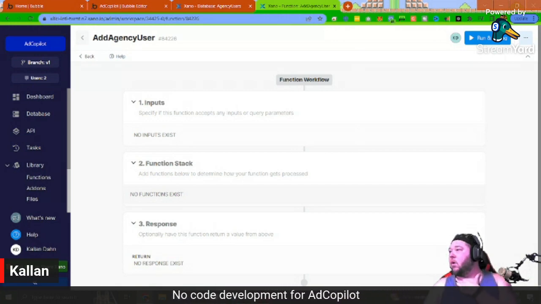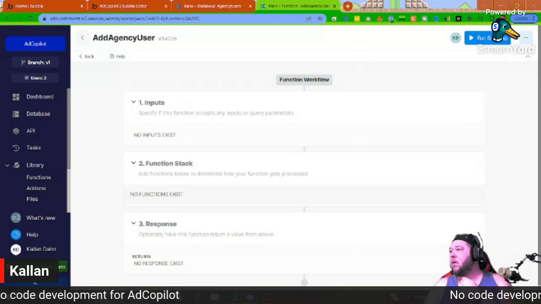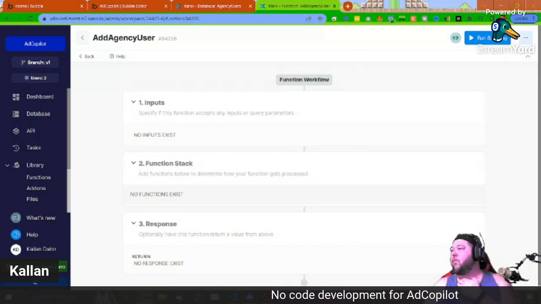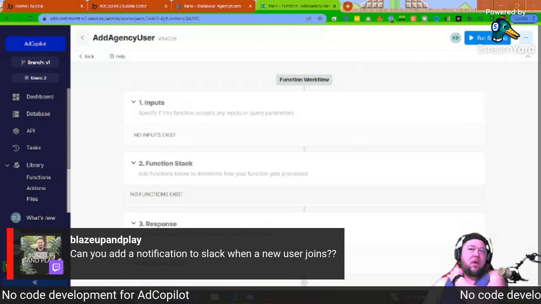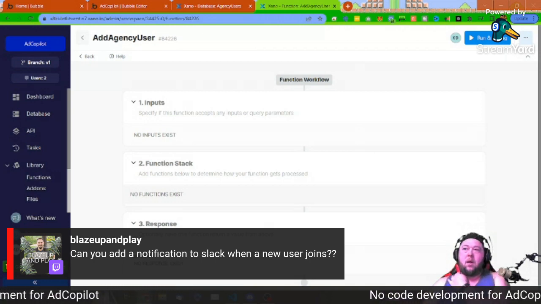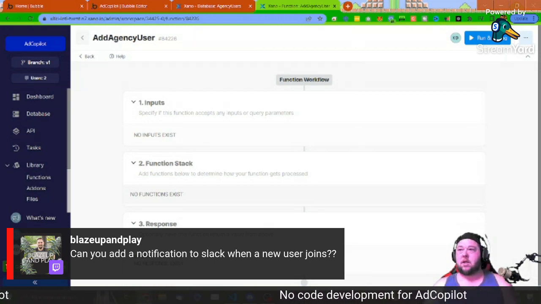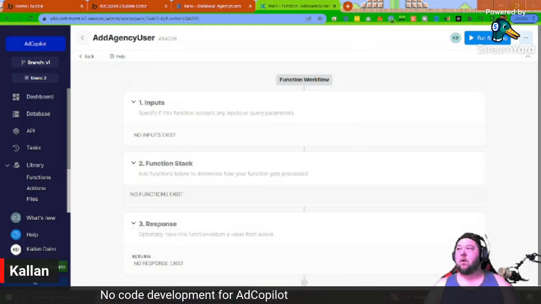Can I add a new? We should be able to do that. See when a new user joins. Notification Slack when a new user joins. Is that new user joins on Twitch, or new user joins like the software that I'm building? I'm not sure which part you're asking for. We probably should be able to do either, but